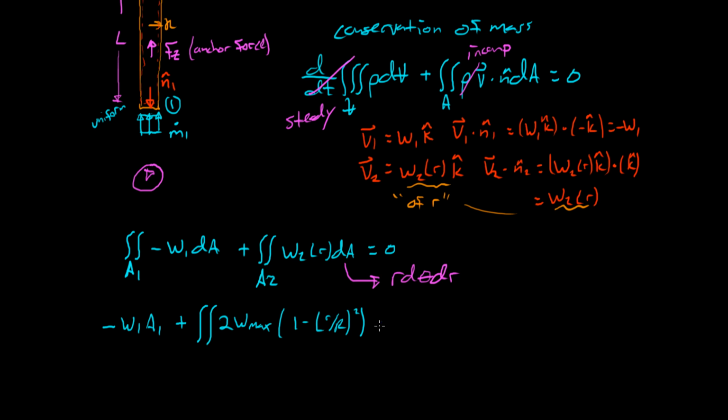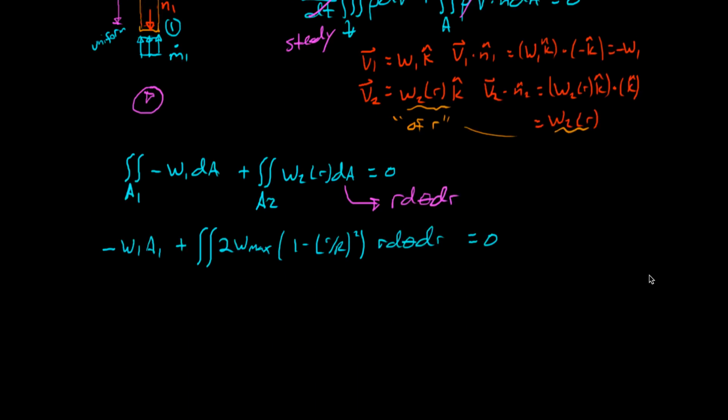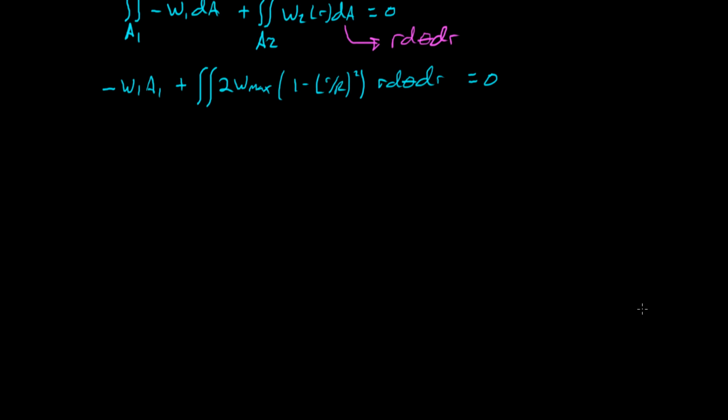And all of that was times now our dA, which is r d theta dr, and it's got to be equal to 0. All right, so to avoid rewriting a bunch of stuff, let's just deal with this integral for the time being. First off, we need some limits, okay? The theta, if we're going to do a full circle, is going to go from 0 to 2 pi. And the radius, since this is not annular, it's a full circle as well, so it's just 0 to capital